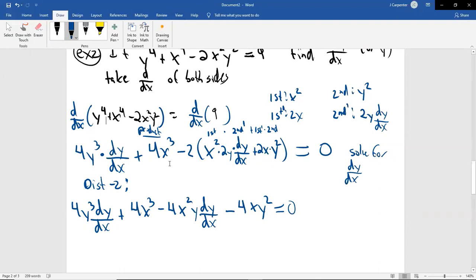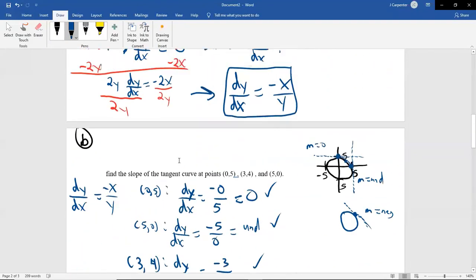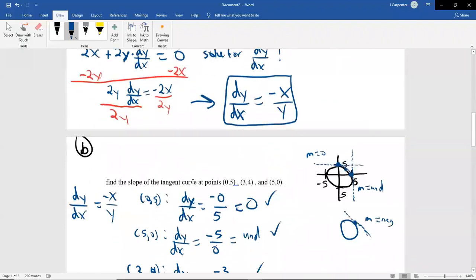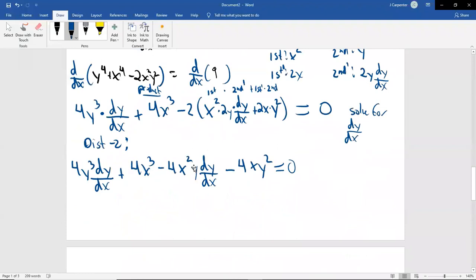Now, the first problem we did, example 1, when we did that implicit derivative, there was only a single dy dx, so it was very easy to solve for. If you can't do that algebra, I'm terrified. I really am. I'm not trying to be mean. This is much more complicated, but in pre-calculus, you were taught these methods. The dy dx is here, and it's here. Now, if these were combinable, we could just say 4 plus 6 is 10, but they're not, because that's a 4y cubed in front of it, a -4x squared y in front of it.